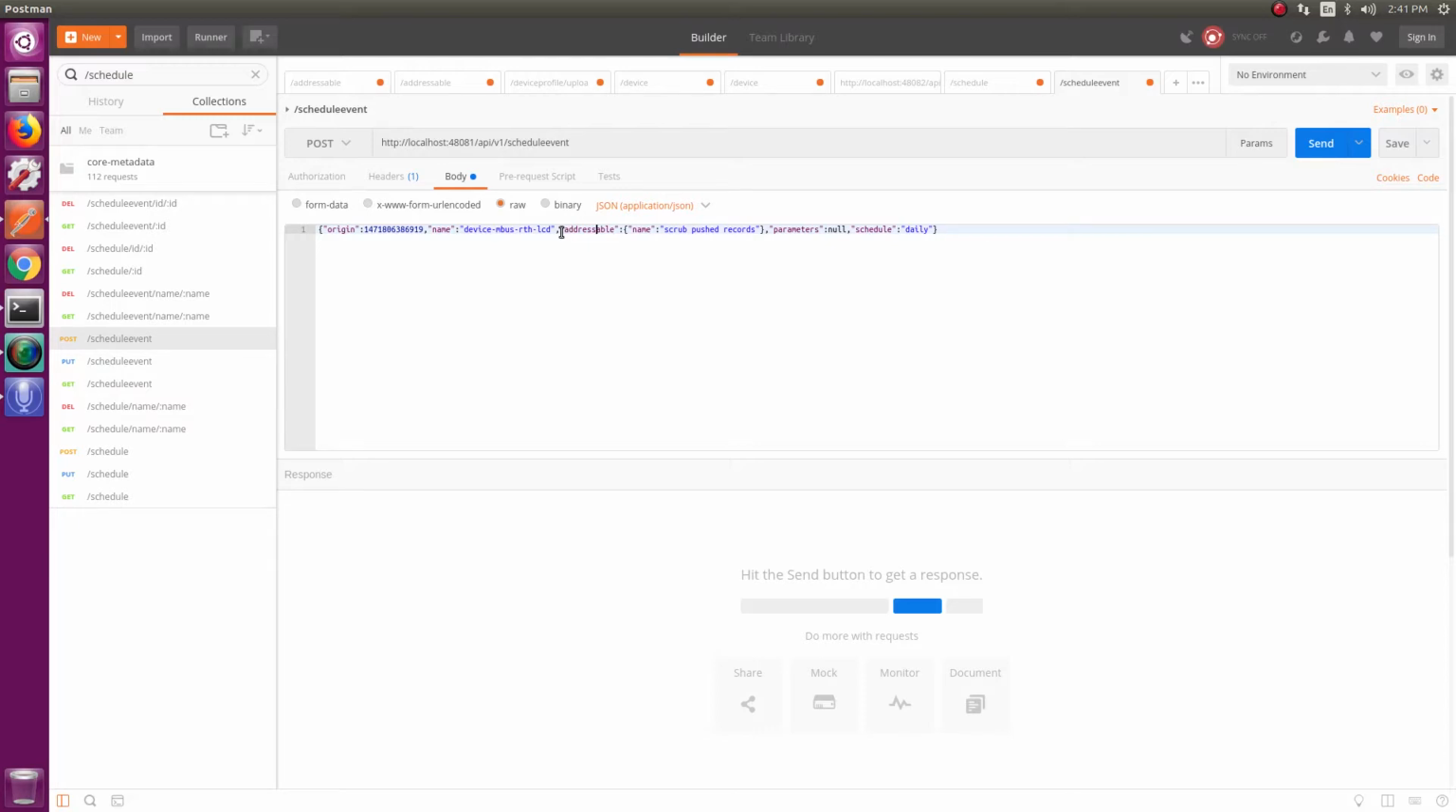For the addressable, we need to write in the name of the addressable that we created earlier. In this particular instance, the one that we created just a minute ago was schedule-mbus-rth-lcd. Parameters null. Again, you don't need to change that. That's fine. And schedule, so schedule we do need to modify,